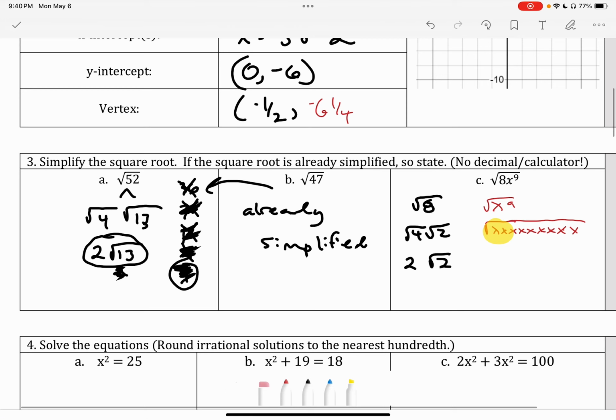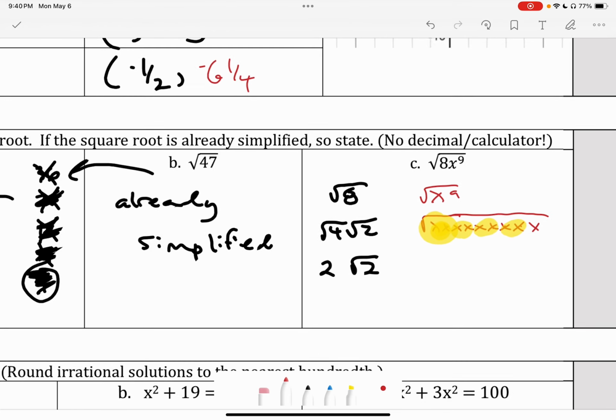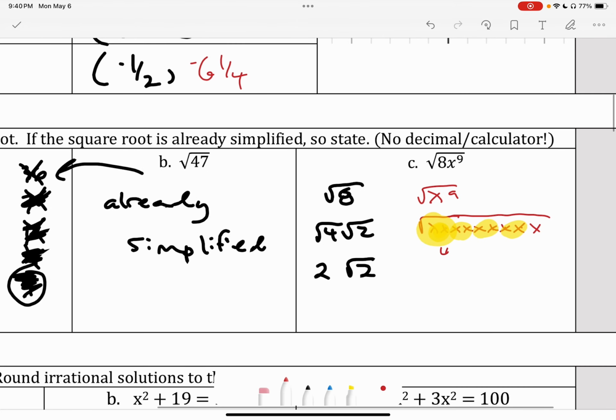So let's change, can I change colors? So I've got a pair of x's, I've got another pair of x's, I've got another pair of x's, and I've got another pair of x's. So what I end up with is 4 pairs